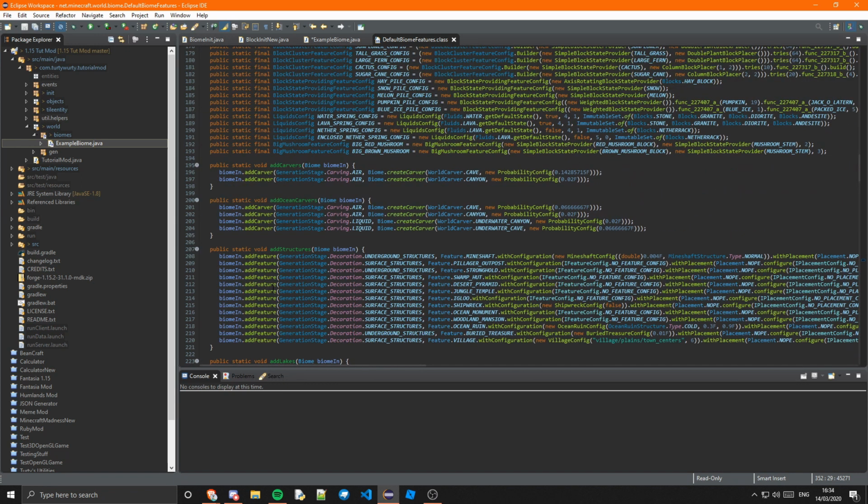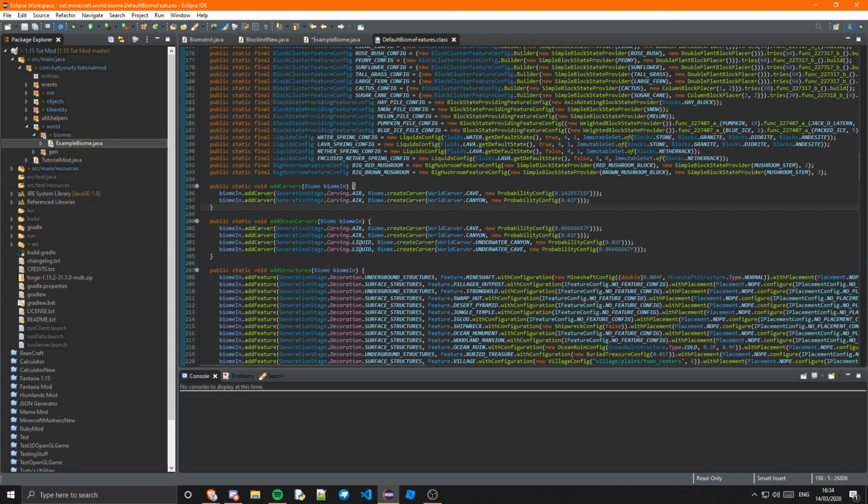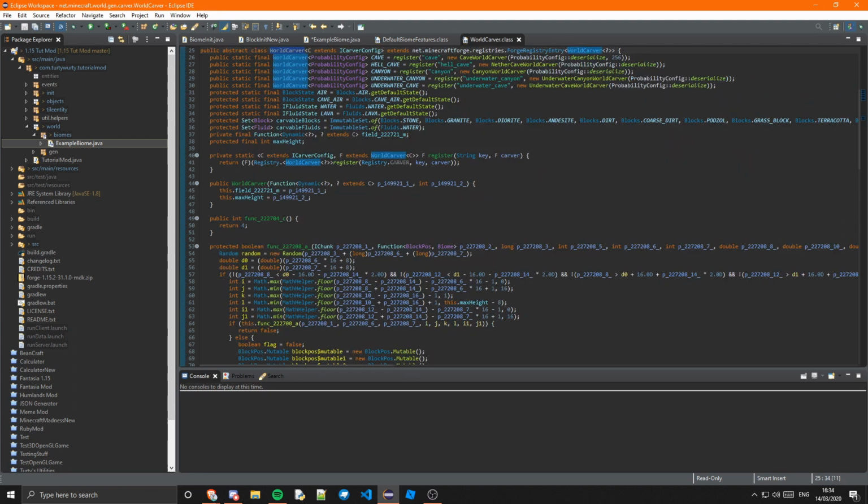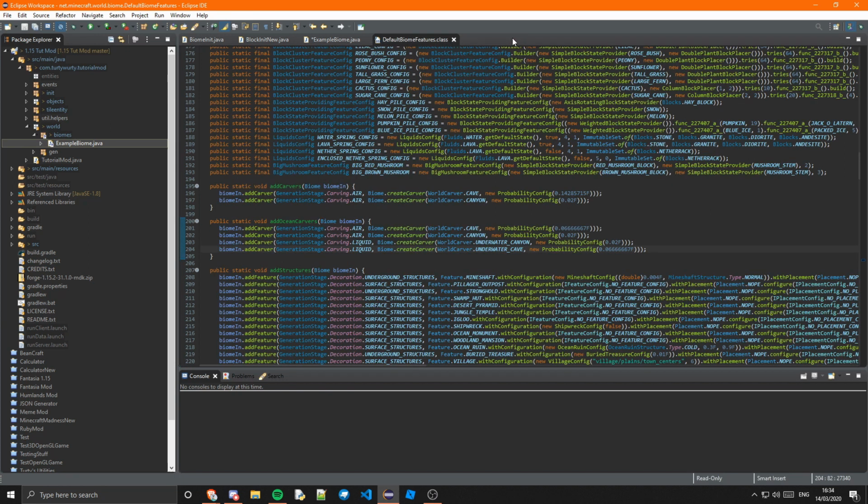Let's add a carver, shall we? So obviously, if you want, you can create your own carvers and ocean carvers, structures, lakes, all these different things, and to do that you just need to look into world carvers. If you go into here, you can learn how to register a new world carver. It's slightly complicated. There's a lot of maths to it, but if you know what you're doing, you can probably